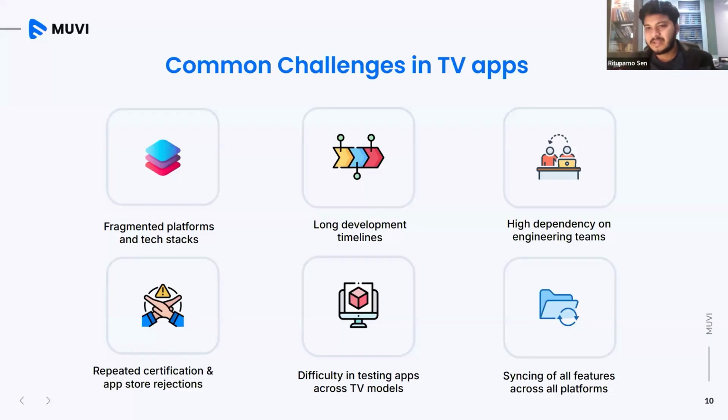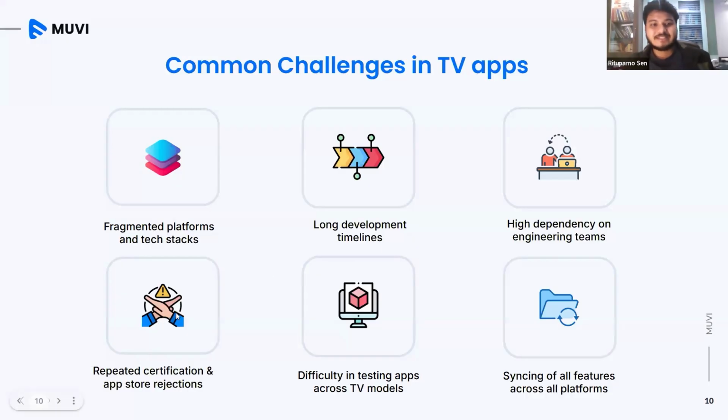If we are working with a small team of engineers, we cannot deliver everything on the tight schedules the modern industry is moving with. Each day we hold our app from going live, we lose a lot of revenue. This is how fast the market is moving in the OTT space, and particularly for TV apps.